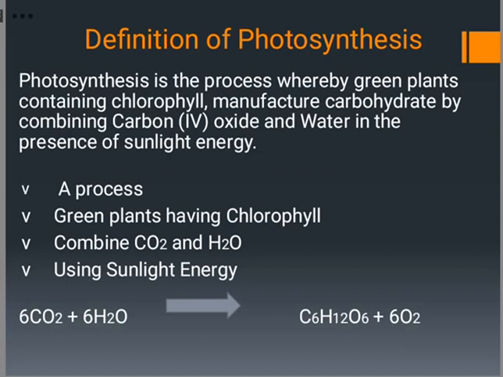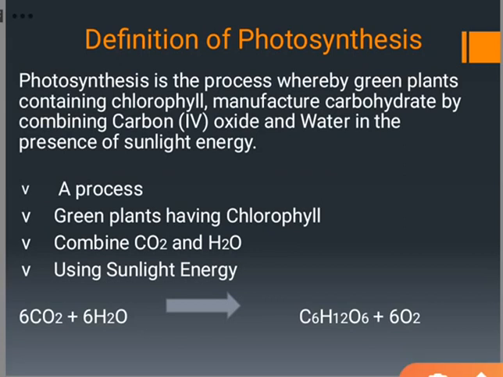Now, to the definition. Photosynthesis is the process whereby green plants containing chlorophyll manufacture carbohydrates by combining carbon dioxide and water in the presence of sunlight energy. Now, if you look at this definition, there are key points to note. The first one